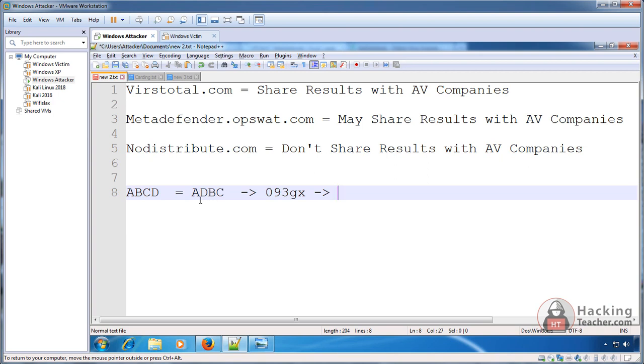Why so? Because if you first convert ABCD into the encrypted text, basically into the cipher, and then you encode it this way, first you encrypt it to this value and then you maybe encode it like 930XG.